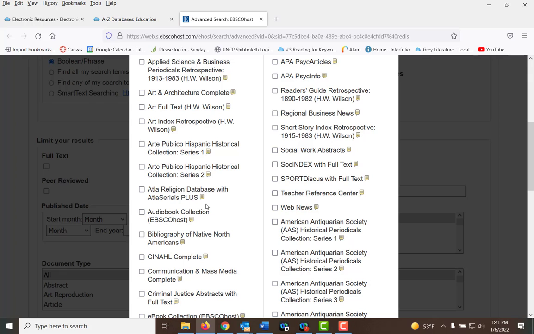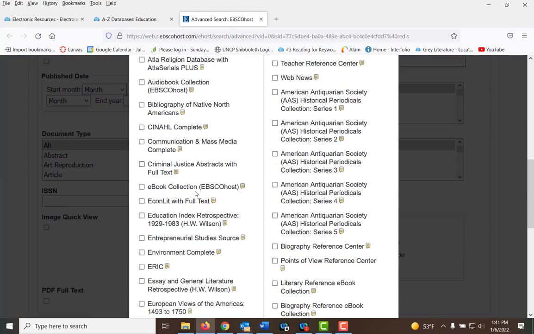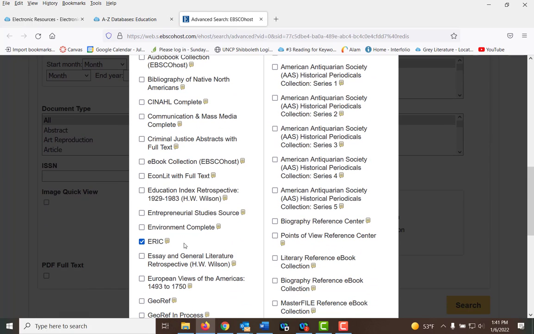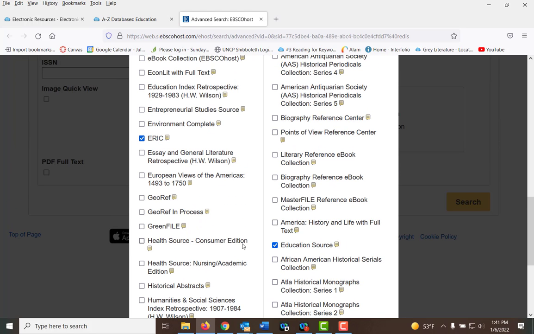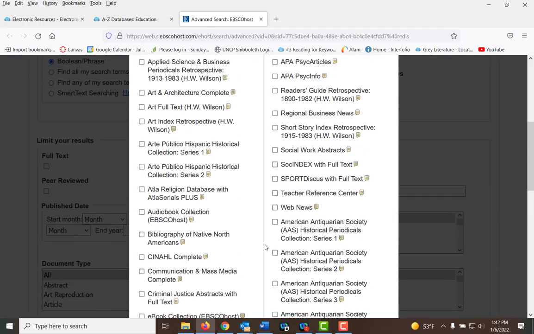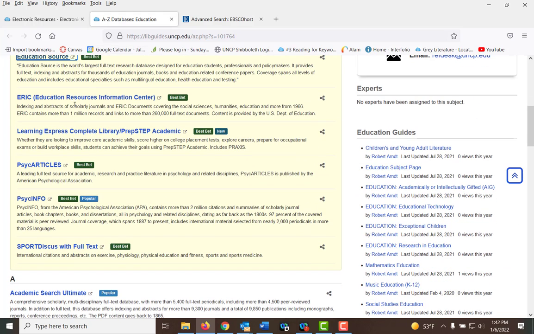Now in this database, if you want to know what a database is about, you hover over the information icon at the end and you'll get a brief overview of the database. In this database family, I know there is another education database called ERIC. And if I'm doing my library science question, I'm going to add in this Library Science and Information database. Typically, and you see my Education Source is also checked. Usually when I'm doing education, I also select APA PsycInfo and PsycArticles. And you will see that they are listed also. Here's ERIC, PsycArticles, and PsycInfo listed here.